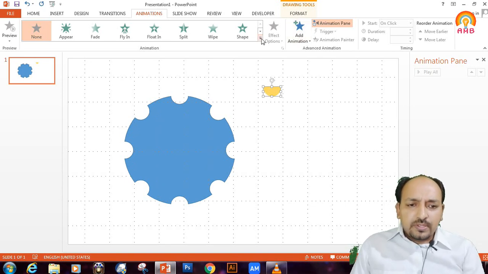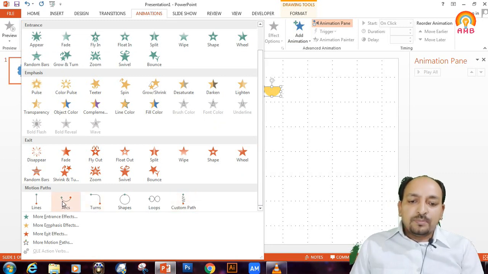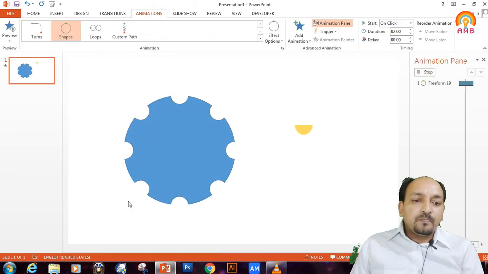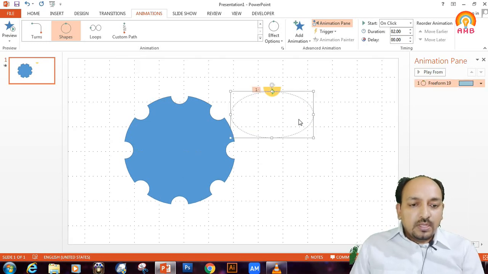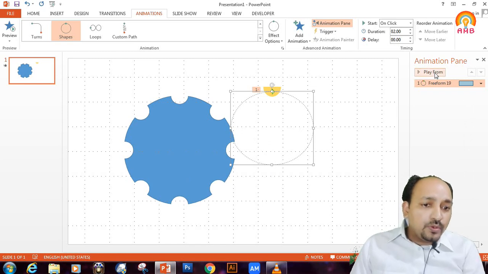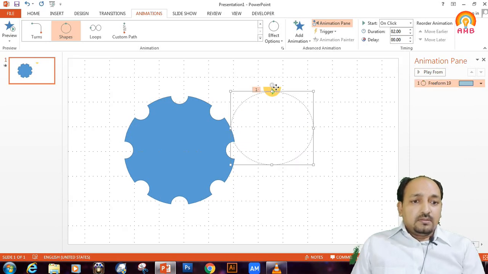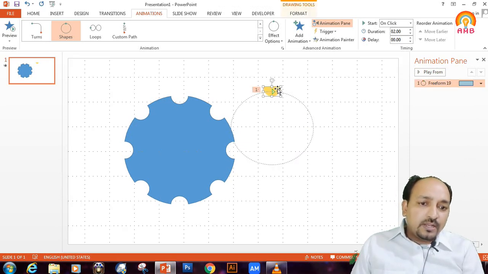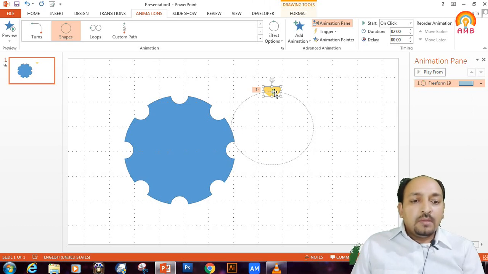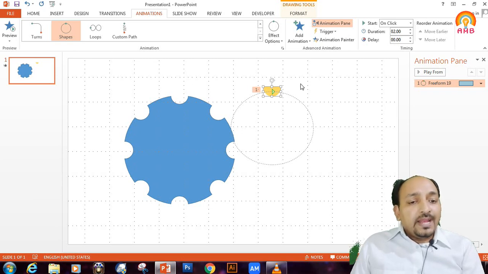Another type of animation which can be produced is motion paths. So we can apply a motion path effect to this object also. We can get a circle here because the motion path is circular, but in the effect we had seen in the video, the direction of the straight line of this hemisphere changes.